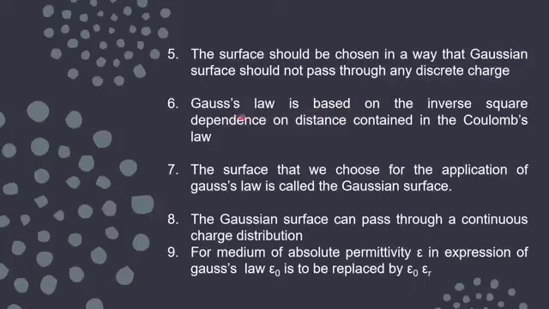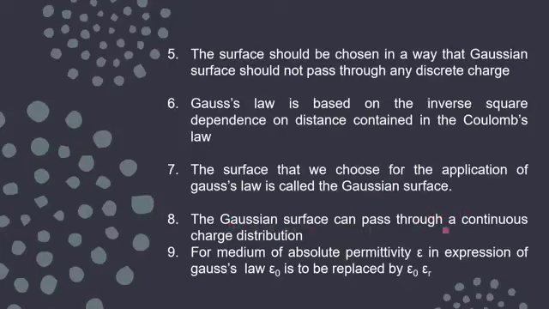And of course Gauss law, you have seen, is coming on the basis of the electric field we have taken from Coulomb's law. It means your E is inversely proportional to r square. So inverse square dependence on the distance. Then only can you prove Gauss law. If they give you some other dependence, then we will not be able to prove Gauss law. So Gauss law is actually a convenient way to write Coulomb's law, or you can say a modification over Coulomb's law. The surface which we are choosing for the application of the Gauss law, we have already said, is termed as Gaussian surface.